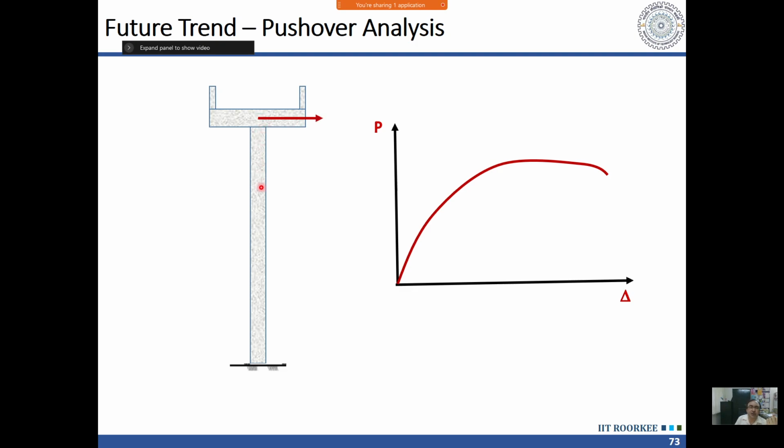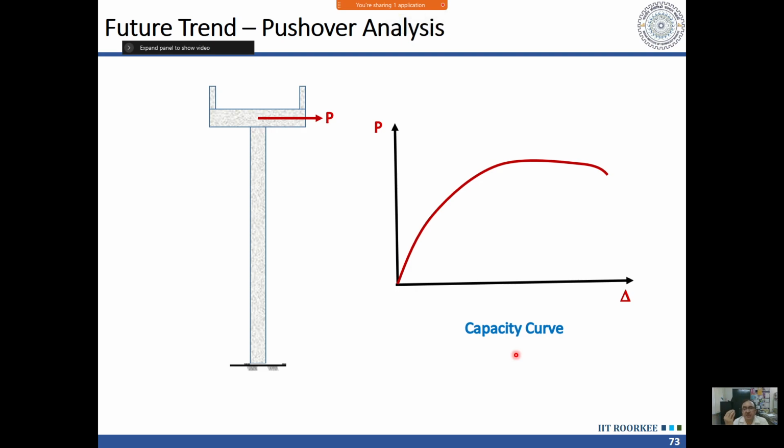If I have considered multiple nodes here, or my structure is complex and I have considered the superstructure also, then I will get the mode shape. So this load has to be applied in proportion to the fundamental mode, and then we gradually go on increasing this load and plot a curve between the load and the displacement. Then we get a curve like this, and this curve we call the capacity curve. This capacity curve is the signature of our structure, the signature of our bridge. Like we talked about the signature of the earthquake, where the time history or response spectrum is the signature of the demand, this is the signature of the structure, or the capacity of the structure.